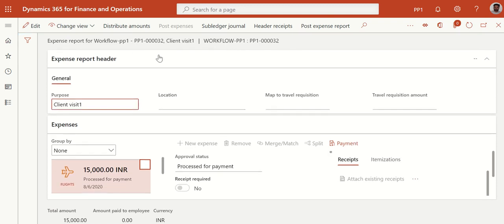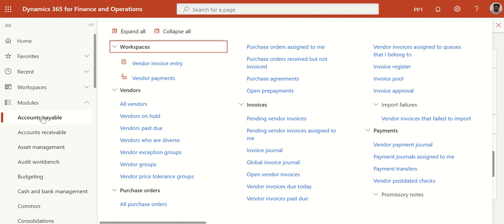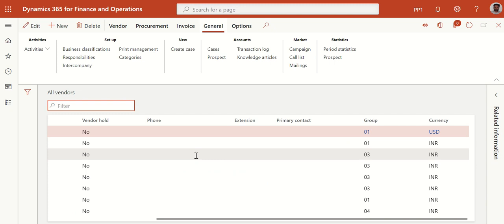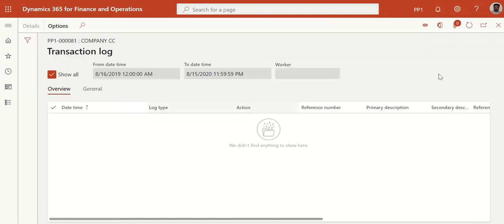So once the expense report is posted, the finance team, what they have to do, go to accounts payable, all vendors. If you remember, I created a vendor for all the credit card payment. The vendor is my credit card. So you can see, select this and go to transactions. Okay, why is it transaction log?